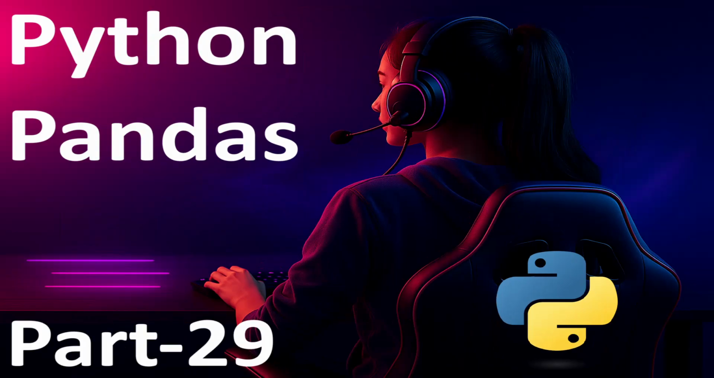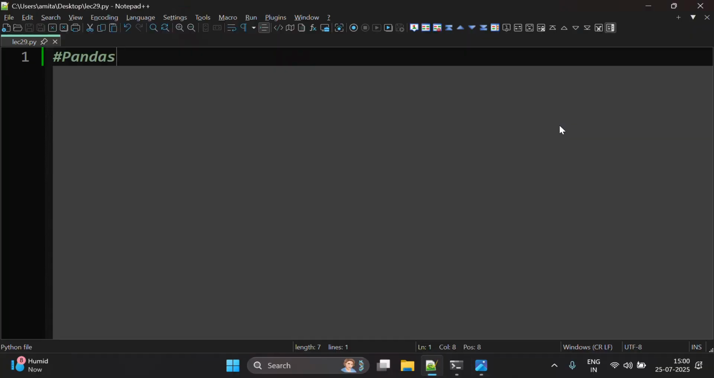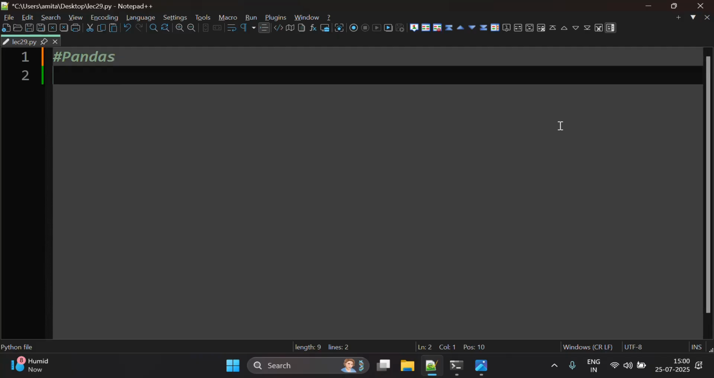Hey coders, want to analyze data like a pro? Meet Pandas, the Python library that makes data handling fast, flexible, and fun. Let's explore it. So, the very first thing is to import